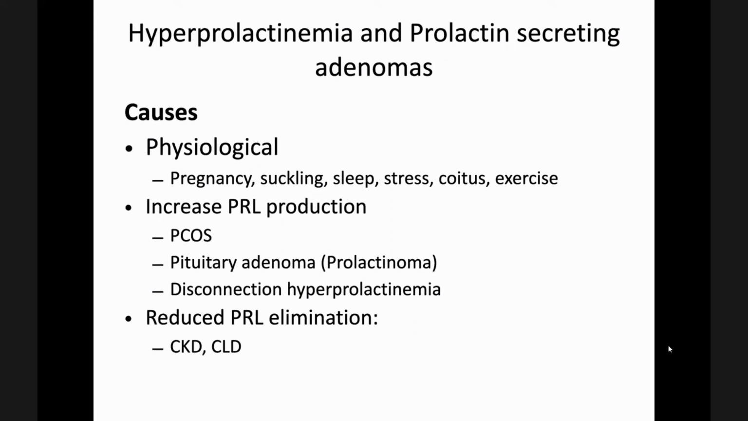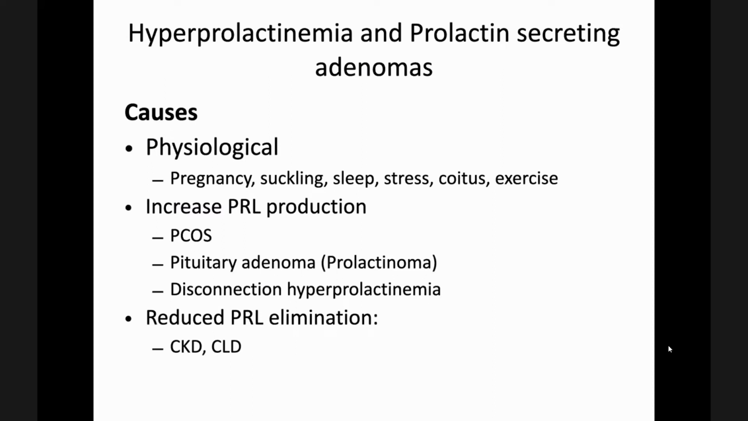So there are other defects like hyperprolactinemia and prolactin secreting adenomas. We will talk about hyperprolactinemia. The causes of hyperprolactinemia are many. One is physiological causes like pregnancy, suckling, sleep, stress, coitus, exercise, which increase PRL production, or conditions with increased prolactin production like